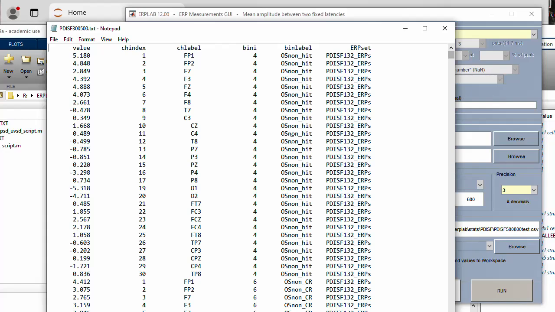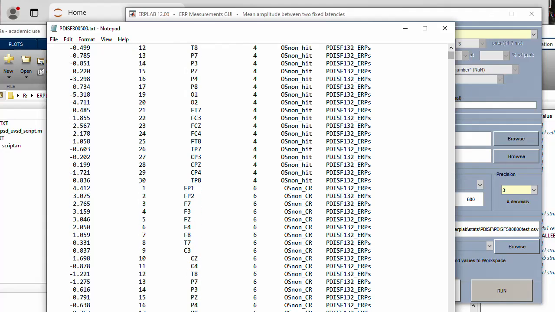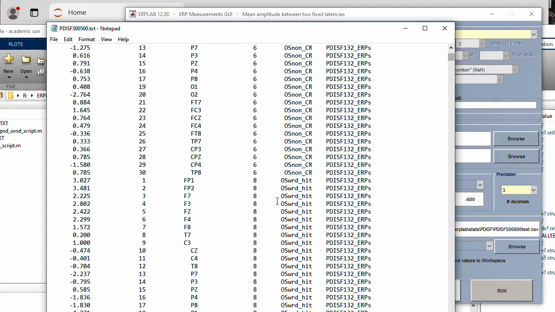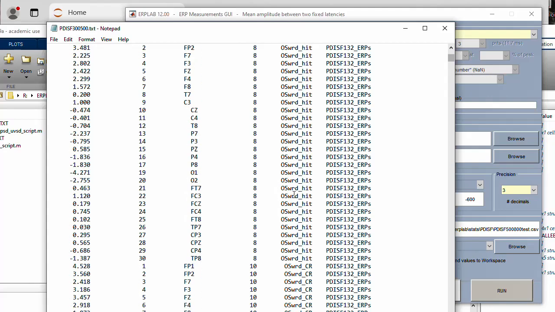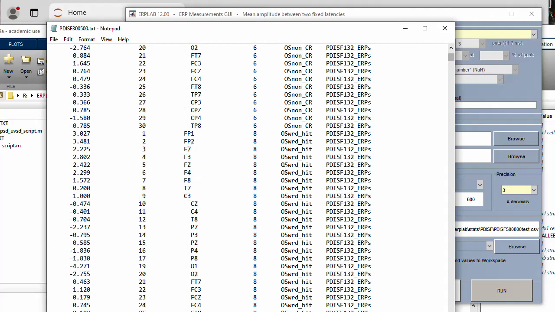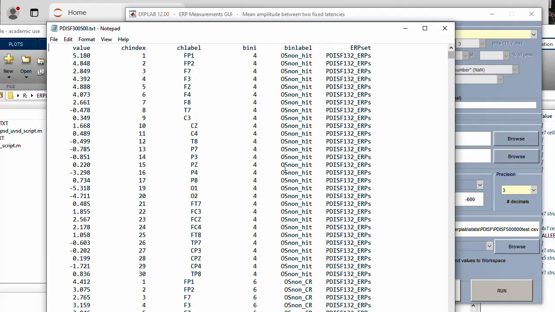The other thing is you'll notice that the bin labels contain the various conditions. So this is a prime type. This was a prime with orthographically similar non-words. And this was a hit, so an old item called old. And if you scroll down, we have the same prime type here, orthographically similar non-words, and we have correct rejections, right? And that continues, and the prime type will change. And so we have hits, we have correct rejections, and we have different prime types. What we're going to do is use Python to separate those out and create variables that we can use for